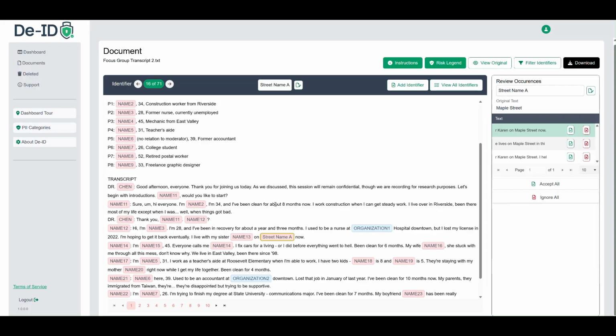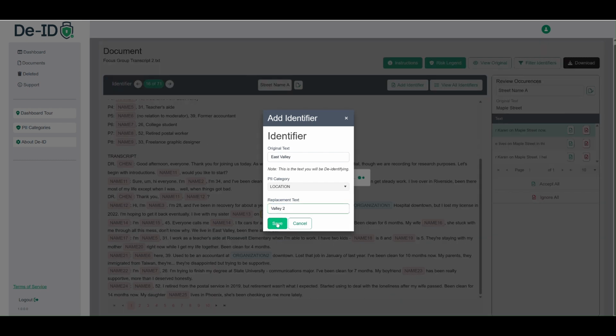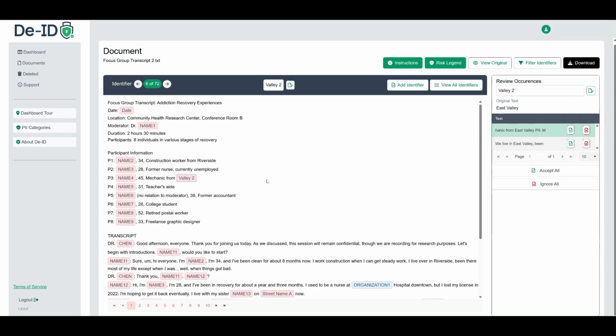The last thing I want to discuss today is the option for adding a new identifier. So let's say East Valley was something that we wanted to flag and anonymize. I can highlight it and then select the Add Identifier button. From here, we can choose what category that should fall under, and you can also put in the replacement text. So let's just go Valley 2 and hit save. So now we can see East Valley has been anonymized, and it caught all occurrences of East Valley within the